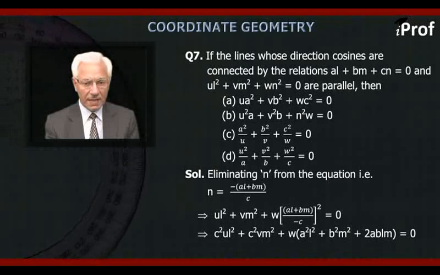Now eliminating n from the two equations, we get n = −(al + bm)/c from the first equation. Substituting this value of n in the second, we get ul² + vm² + w(al + bm)²/c² = 0, which simplifies to c²u l² + c²v m² + w(a²l² + b²m² + 2ablm) = 0,